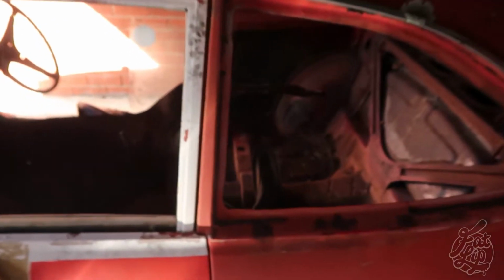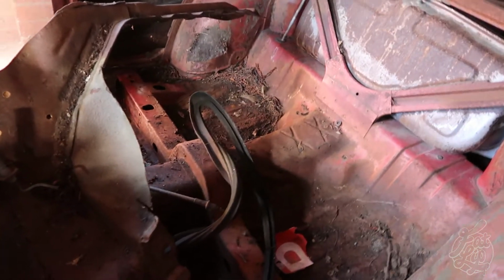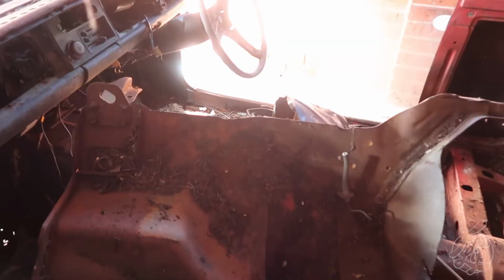Alright, so we've got a bunch of the stuff out of the car. I will show you inside now. Hopefully you can kind of see. I think the battery might die, I might have to change this. But we left this